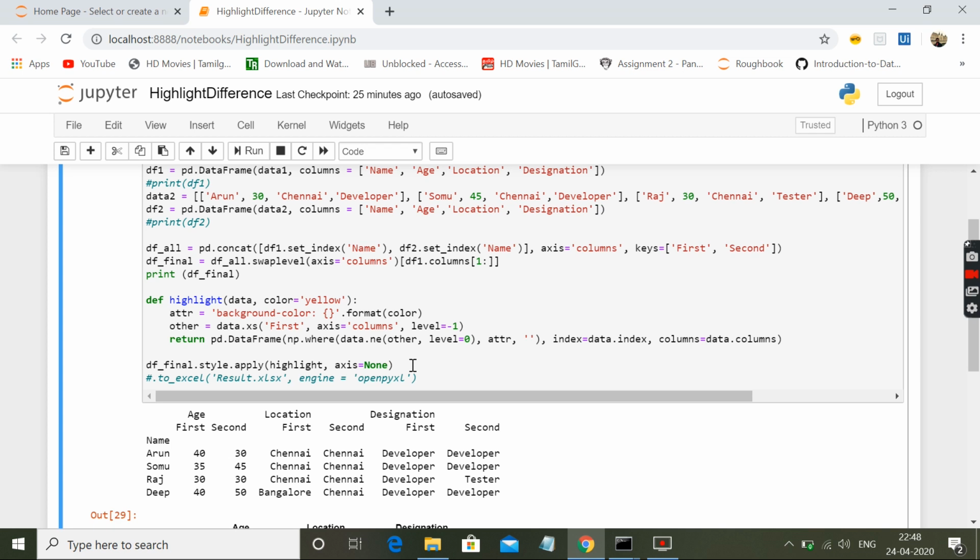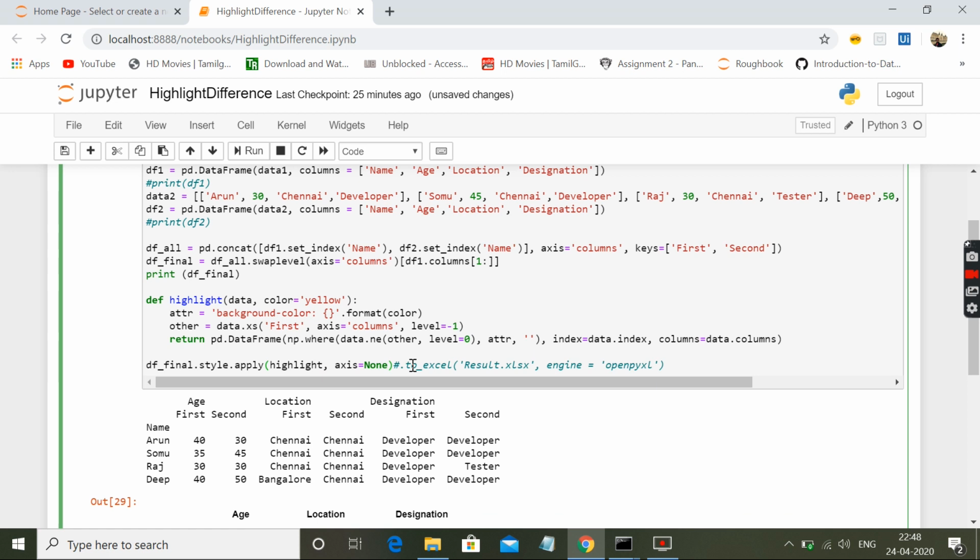Here I am just highlighting and showing it in the console, but most of the time you have different requirements, like you want to dump it into an Excel or any other file format, right? In this example I will show you .to_excel, which can be added to this apply function. I'm planning to dump my data mismatch into Excel. I have declared my Excel name here, and this will go into the default location where this program is stored.